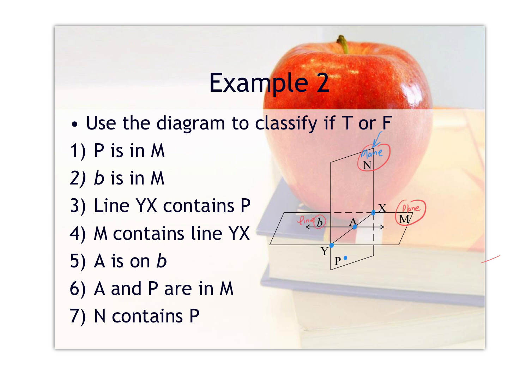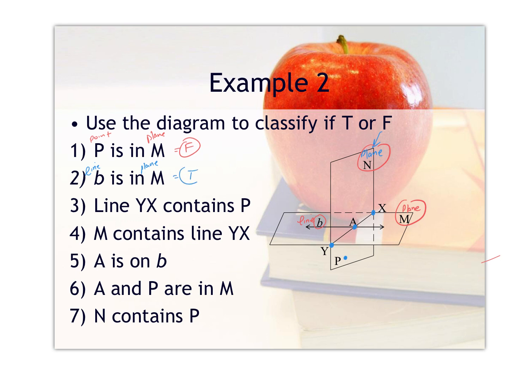So now that we've written out what things are, and it's probably not a bad thing for you to do as well for yourself, now I think you can answer the questions. So it says P is in M. So again, P refers to a point. So point P is in plane M. And when I look, I see that that's false. Point P is actually in plane N. When I go to the second problem, B, well, I know this refers to the line, is in plane M. So line B is in plane M, and yes, that